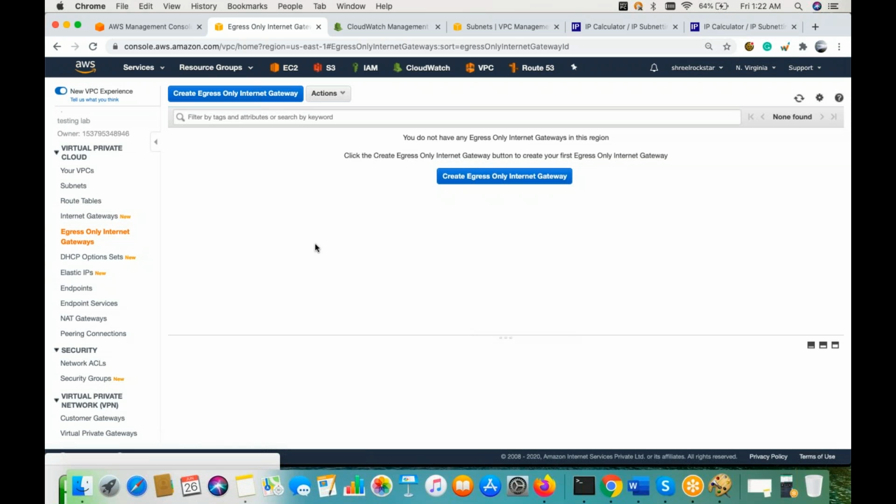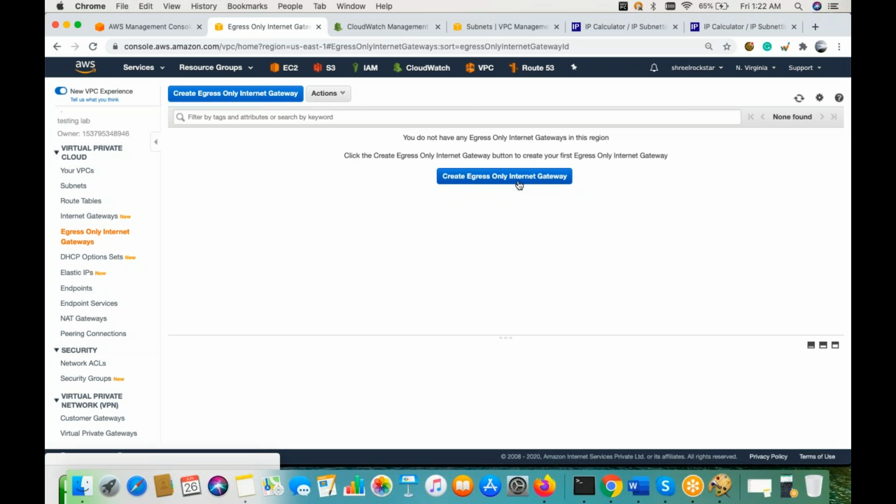Egress, so that will be the only thing allowed. But if you're expecting some request from outside to your AWS, that won't succeed because you don't have an in and out gateway, which will be your IGW, the internet gateway, right? That will be your default. But we are looking for another option, which is the egress only internet gateway. People refer to this for more security, or a very smooth environment. You can go with this also.